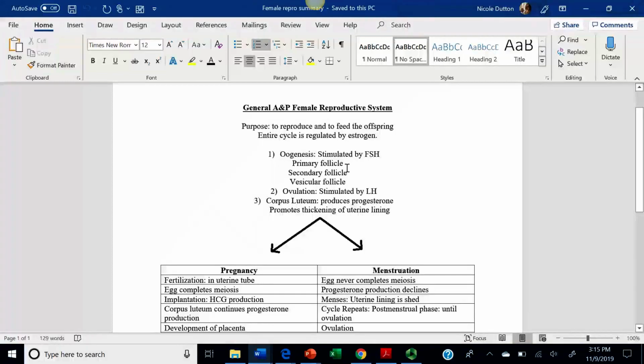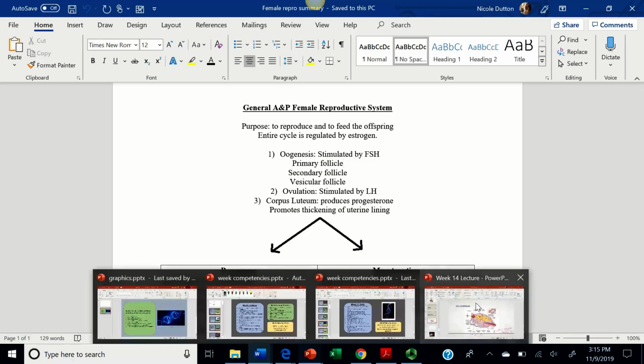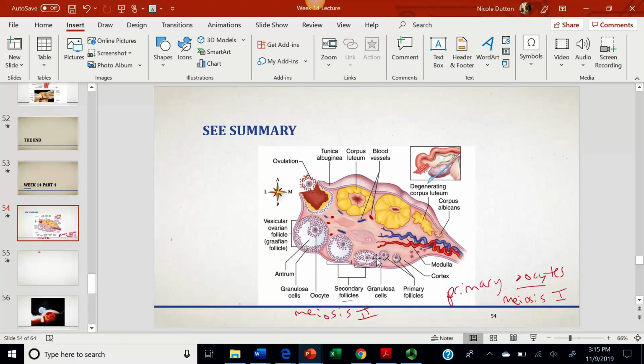That's where you have that primary follicle that contains the primary oocyte, and that's going to be suspended in meiosis I. So the cell starts to divide a little bit, starts to go through the phases of meiosis I, and then stops, and it's frozen in a primary follicle. Then it'll be stimulated to start maturing again and migrate toward the surface of the ovary. As it's migrating, it'll resume meiosis and continue on that cycle of meiosis,